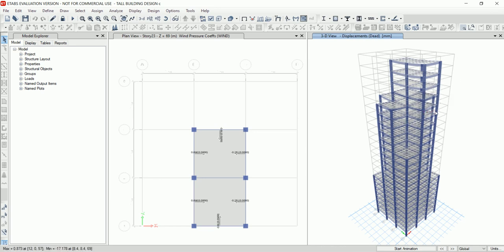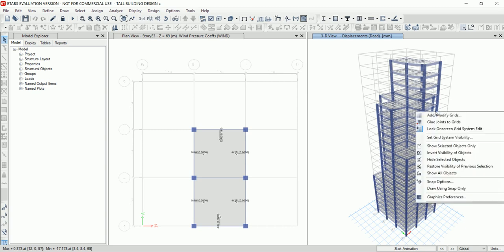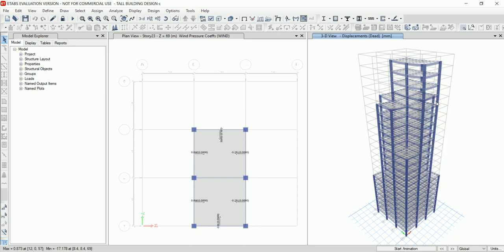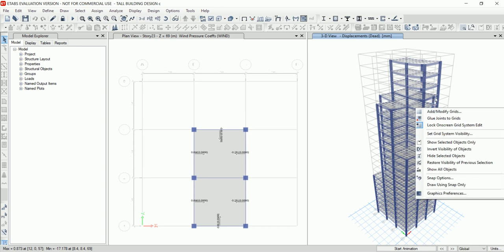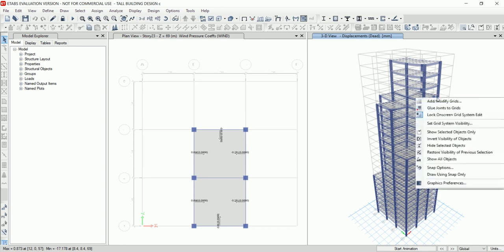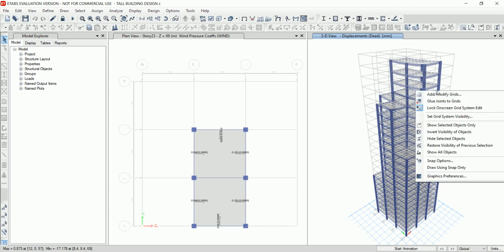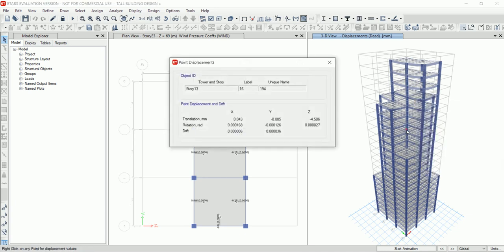We can know the displacement values by right clicking. The displacement values are here.